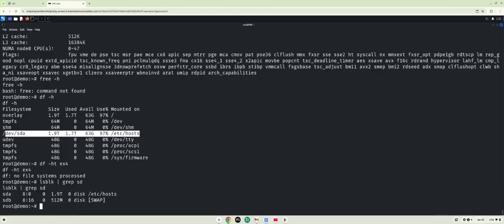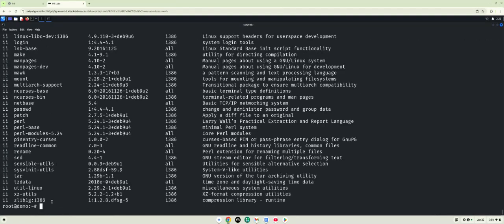All right. And then the last command that I'm going to show here is if I want to display a full list of all the packages that were installed here on the system. And when I say packages, I'm talking about software packages and any sort of firmware, things like that. I would say dpkg -l. All right, and as you can see, we have a full list of not only the software packages,